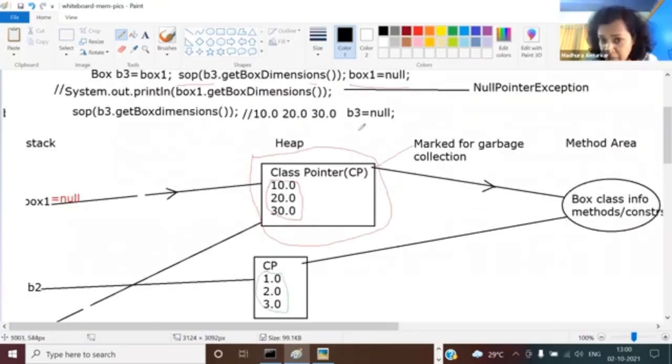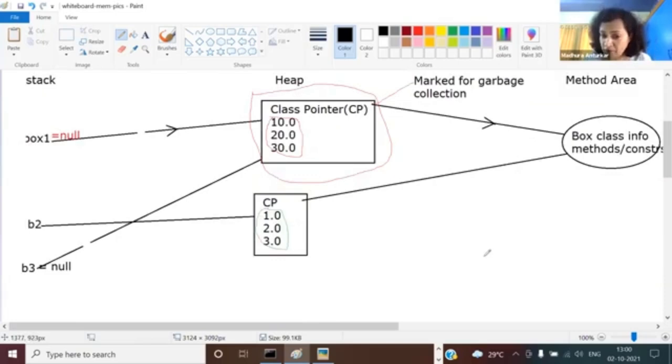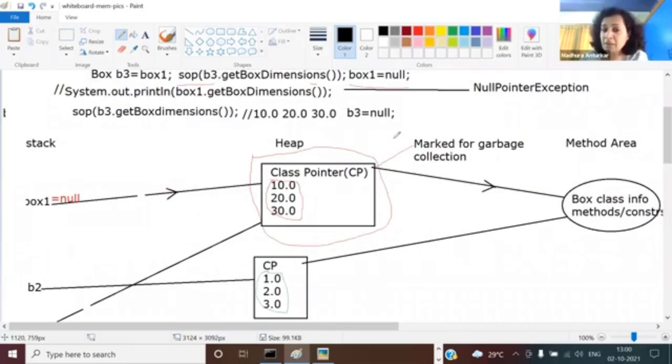Imagine that suppose the garbage collector gets a chance after the B3 equal to null statement is executed. So tell me, is it going to find any objects which are marked for garbage collection? Answer is yes. And how many such objects? Is it 1 or is it 2? Answer is only 1 because this is not yet unreachable, right? So whenever the garbage collector gets a chance, it will release the memory which is locked up by this